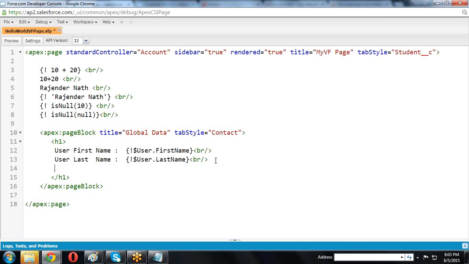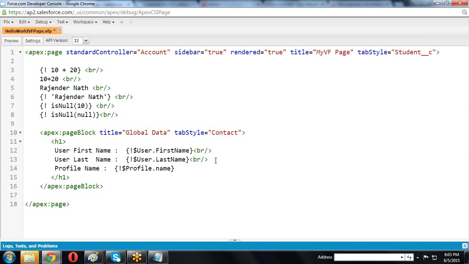Now profile name. Dollar profile dot name.